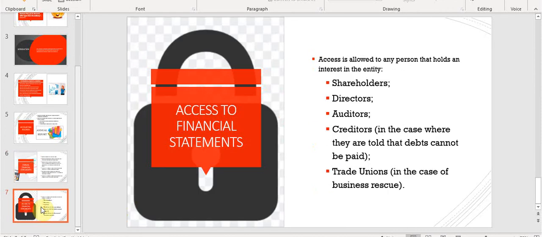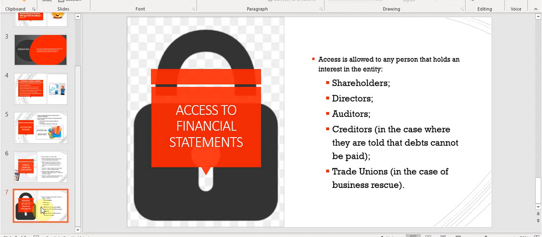Talking about access to information, it is often asked, but who's allowed to see the financial statements of a company? And the Companies Act sets it out as the shareholders. They may see the financial statements, the directors, obviously, because they have a director's report where they say, we trust that this is a fair version, and they talk about the year and what has happened financially. Then also the auditors, of course, they need access to the financial statements because they need to audit it as such. Then creditors may have access to your financial statements.